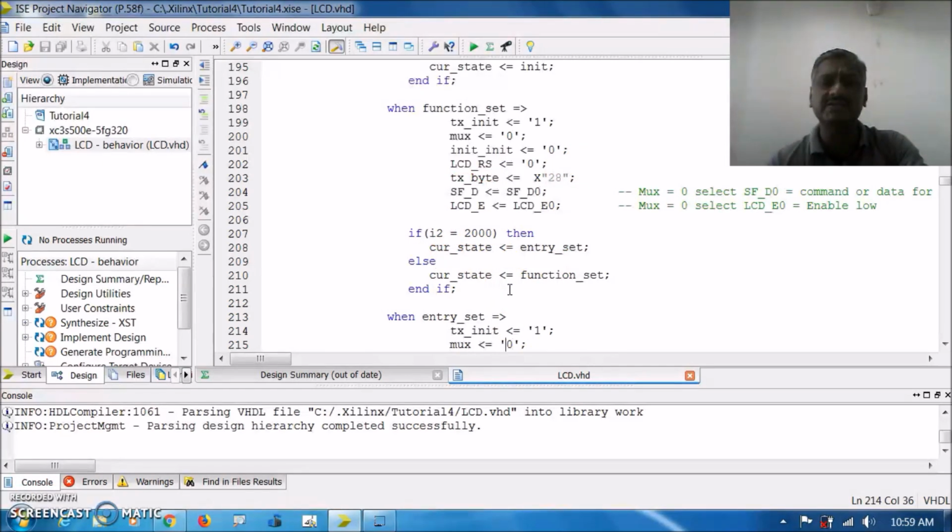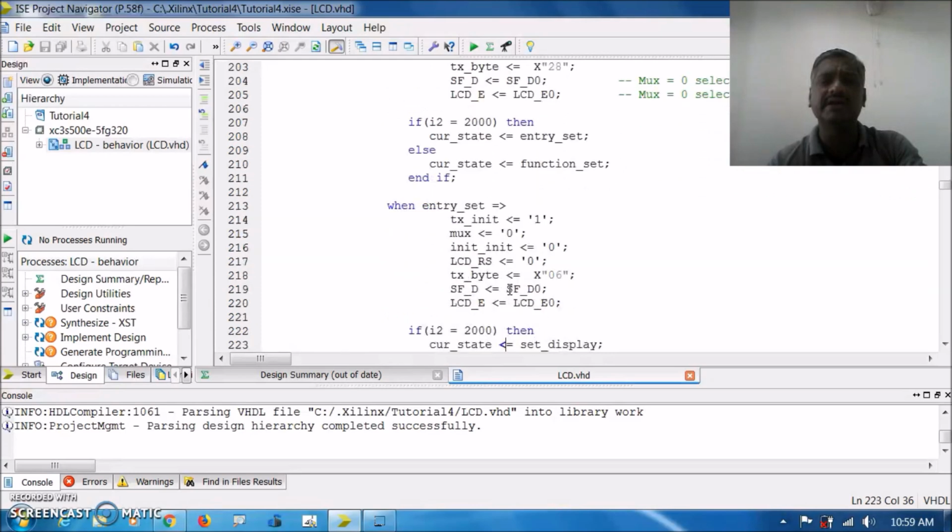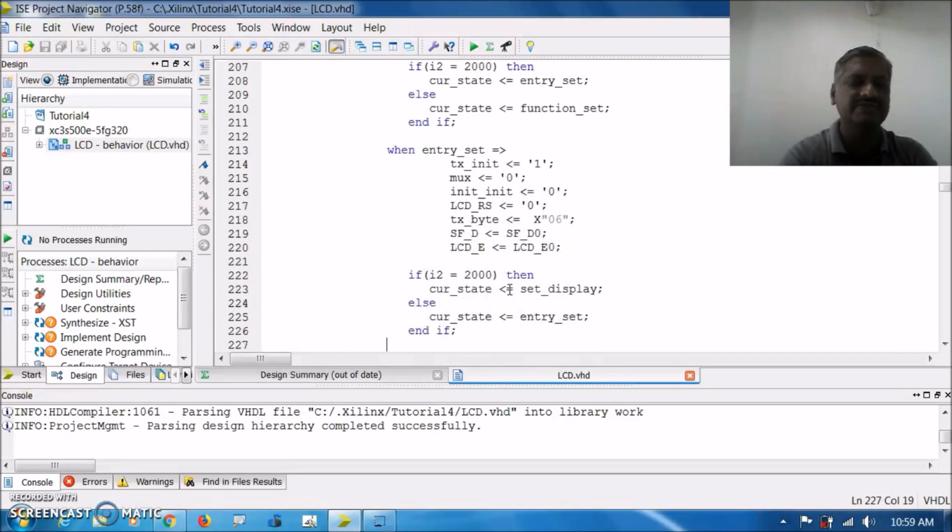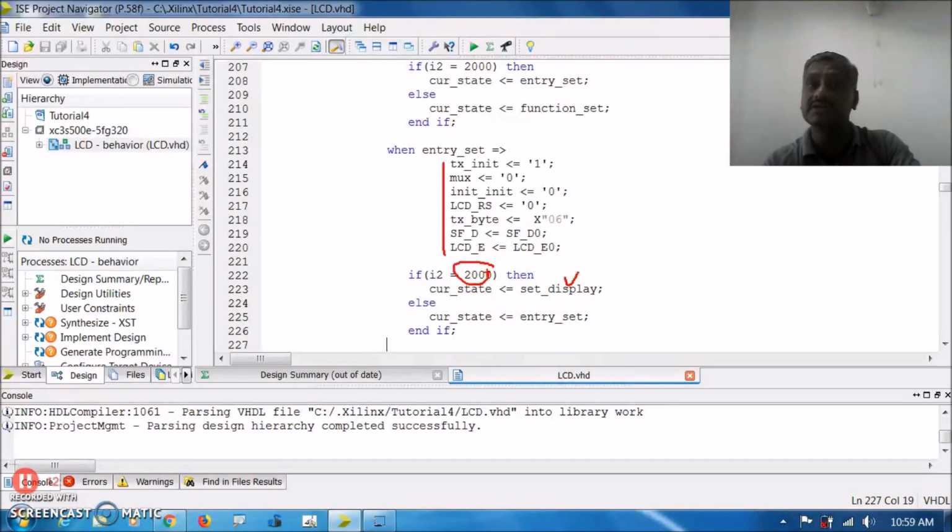Now here in this case also, if we are going to the entry set, we are initializing some values here, because this is a Mealy machine kind of thing. Its output will depend on the present state only. Means if we are coming to the present state, these are the values we are going to assign. And again here, if I2 is equal to 2000, then it will go to the next state. This 2000 value of I2 will be there in the third state diagram, and it will carry out the